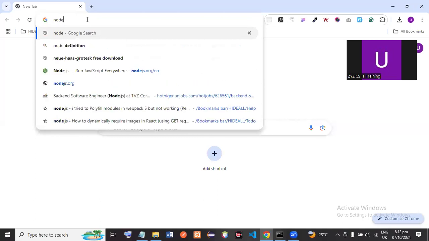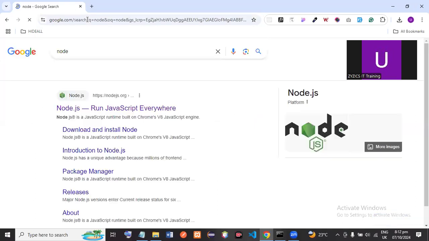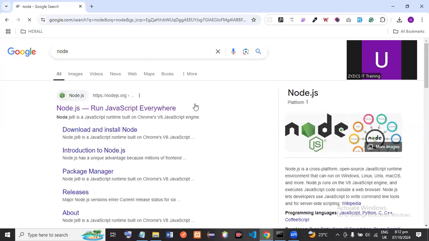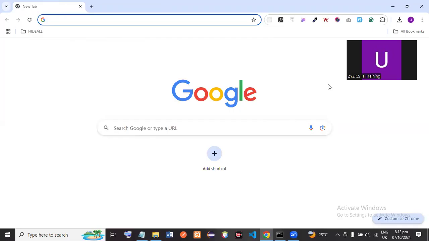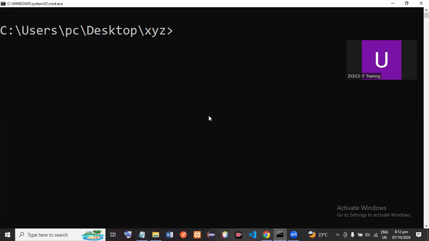So go to Google and look for Node, and this first one. When it opens, you click and download. You can click here, and once you download this, it comes with NPM. You don't have to install that separately, right? So once that installation is done, we go ahead to install Surge. Okay, so you install Surge by running this command